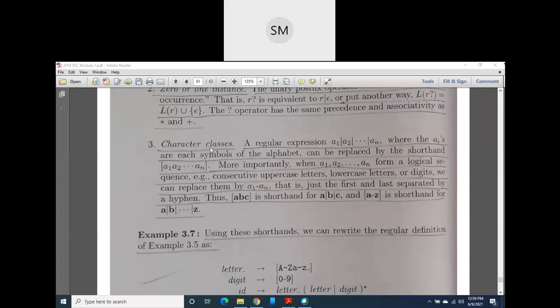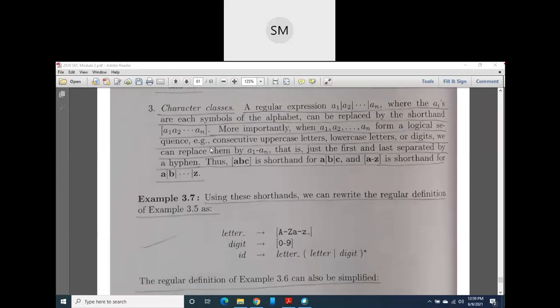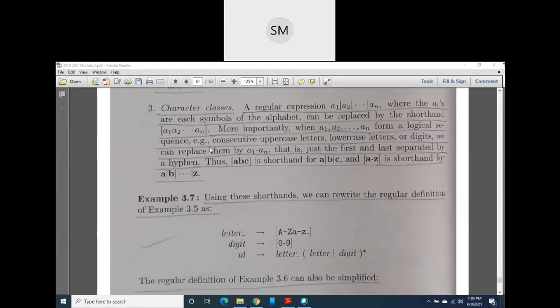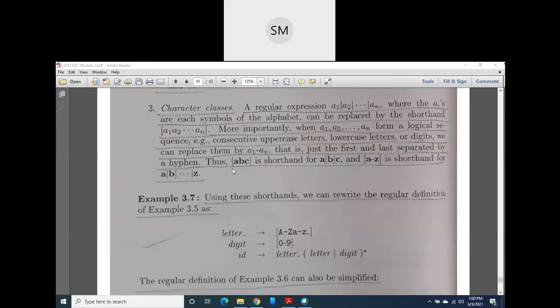Okay, next, character classes are also there. Character classes are nothing but, instead of writing the whole sequence of characters, numbers or alphabets, we can mention them in the form of a range. For example, if you want to write capital letters A to Z, you need not write all 26 characters separated by pipelines. You just mention them in square brackets with a hyphen in between, writing just the first and the last letter separated by the hyphen. That's all. Then we consider them as all capital letters A to Z, or small letters a to z.